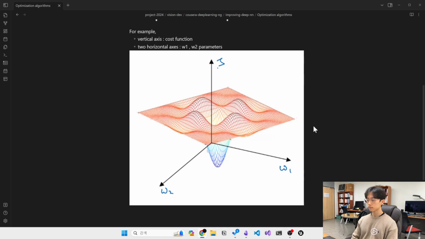Instead, you're much more likely to get some directions where the curve bends up, like so, as well as some directions where the curve is bending down, rather than have them all bend upwards. So that's why in very high dimensional spaces, you're actually much more likely to run into a saddle point like that shown on the right than a local optimum. Oh, and as for why this surface is called a saddle point,